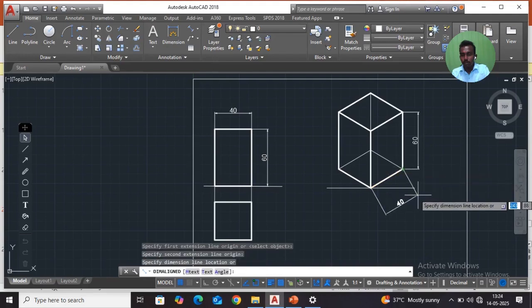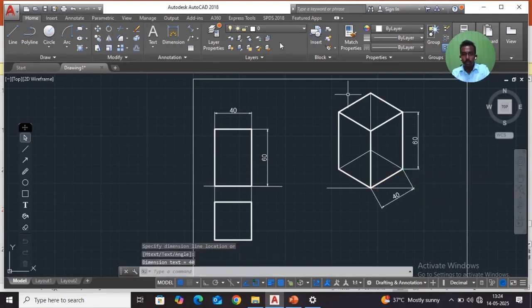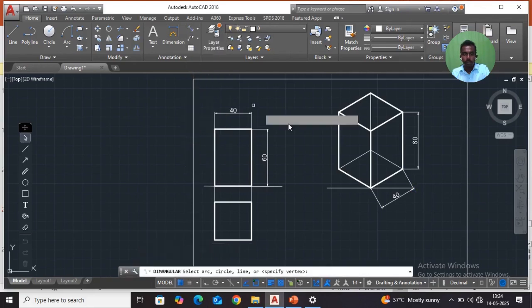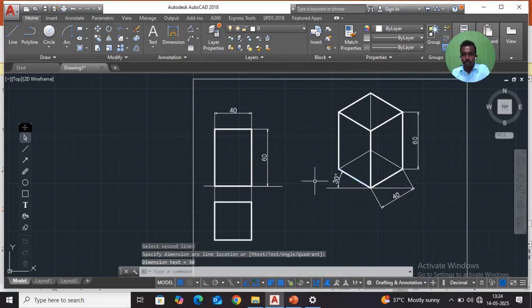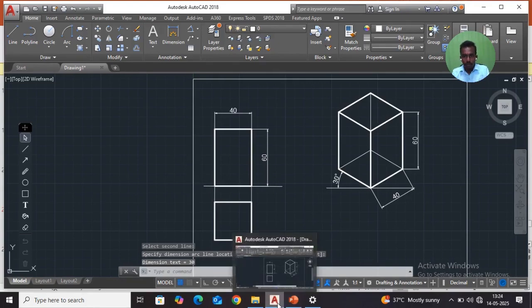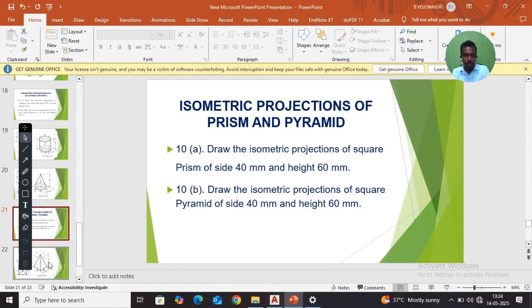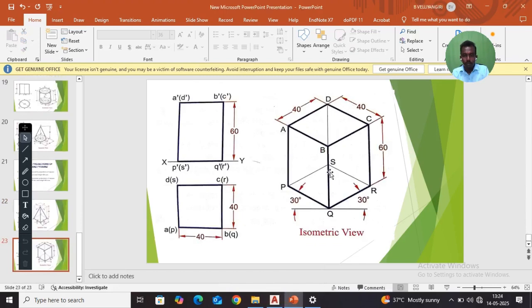This dimension, angle dimension 30, etc. There are notations. You have to note all the notations, PQRS, ABCD, etc., and give them accordingly in the diagram in AutoCAD. Okay. The next one,